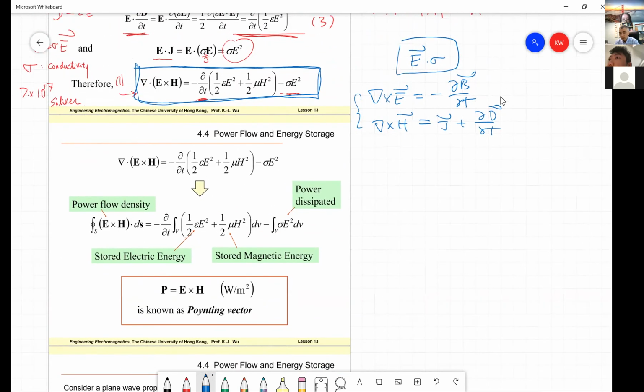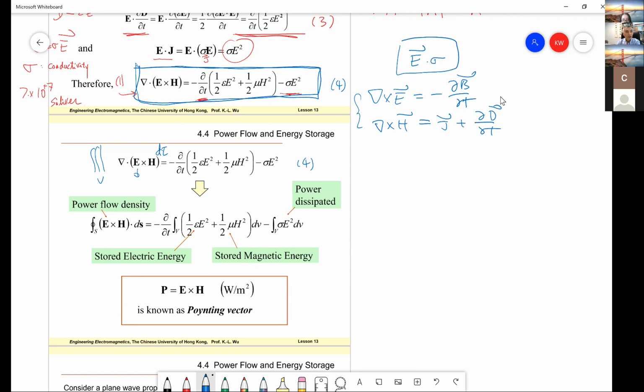All right, let's take a look at the integral form of equation 4. This is equation 4. If we take a volume integration on both sides, then